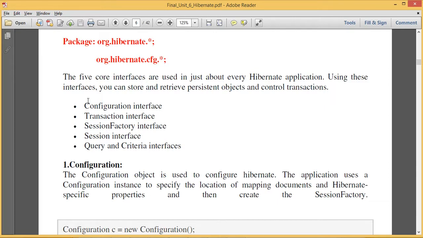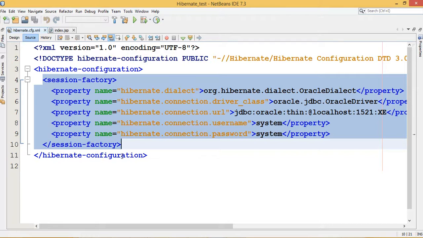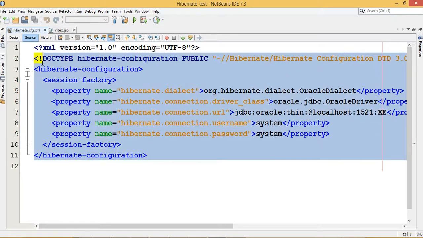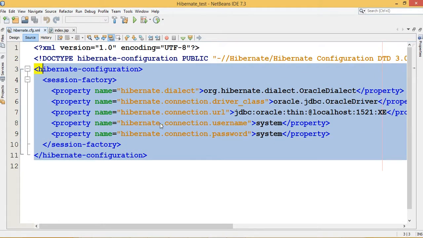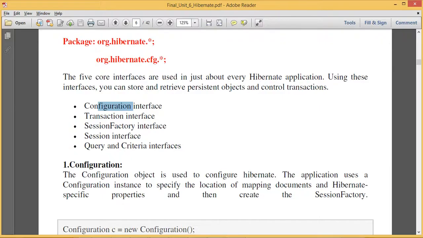Basically Hibernate has five different steps to create an application. The first interface is what? Configuration. As we already saw, we created which file? A Hibernate configuration file. To load this particular file in a running application, we require the support of the Configuration interface.